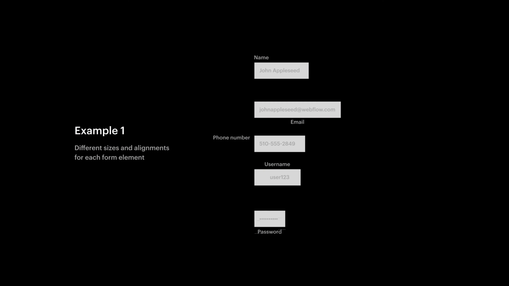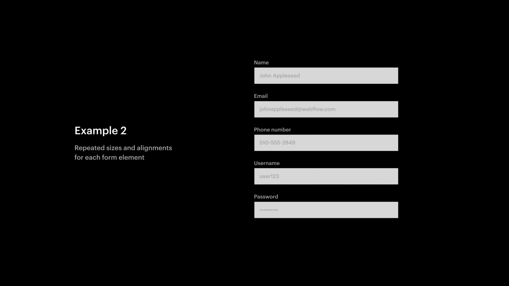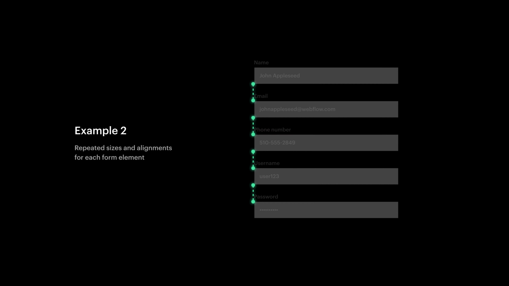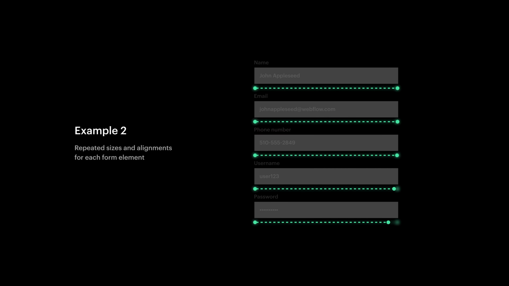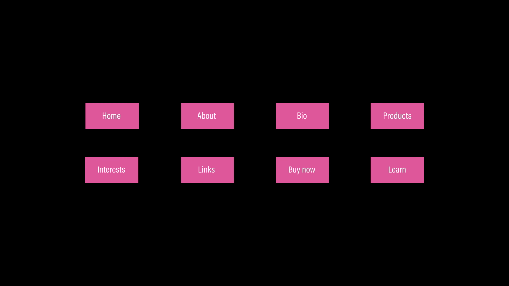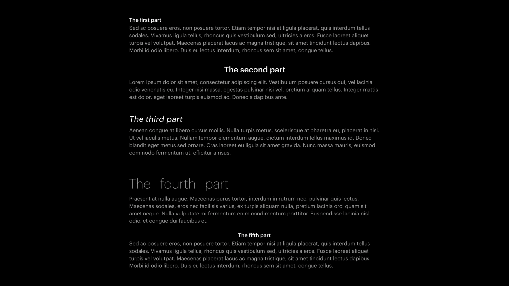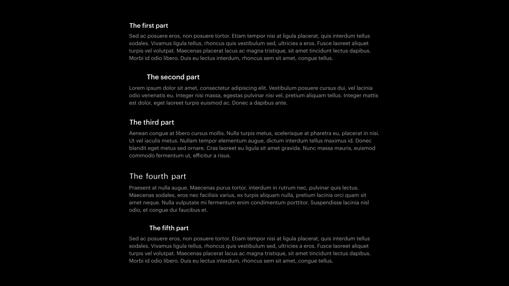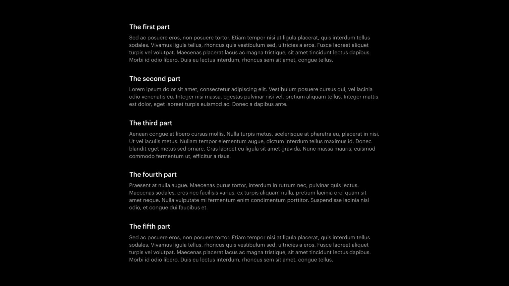And this doesn't just apply to buttons. This consistency, this repetition is huge for form elements. We can look at two examples here. One where the elements of the form are all over the place, inconsistent. Then we'll look at another. We're repeating the same visual style over and over, same shape and general layout. We're using repetition to create a clean and consistent visual style. Repetition, in these cases, reusing these visual patterns, it creates consistency in the buttons, and it creates consistency in these forms. What about headings? Navigating this content is a pain without consistency, but by repeating the heading styles, users can quickly understand how this information is organized.